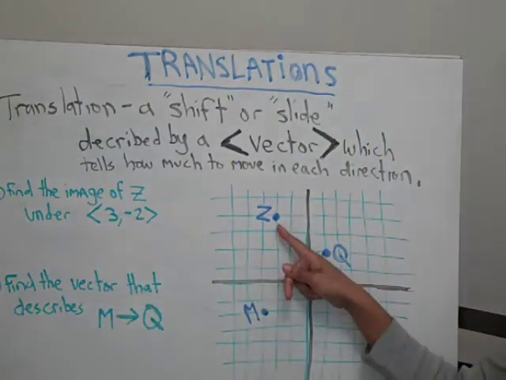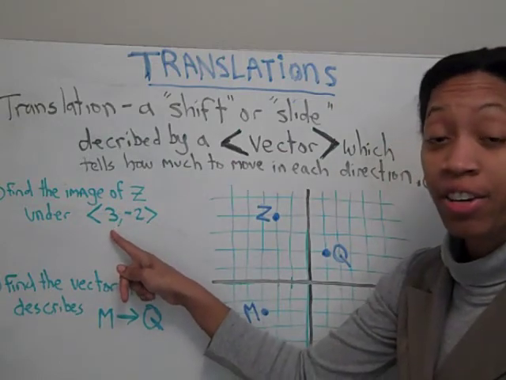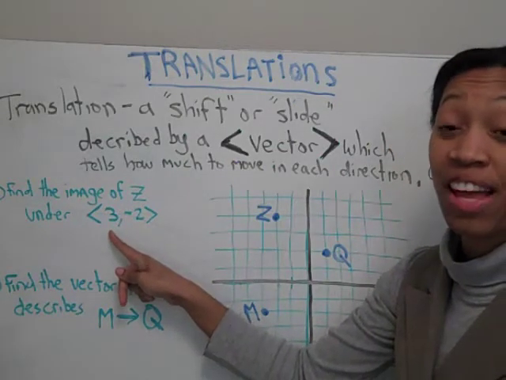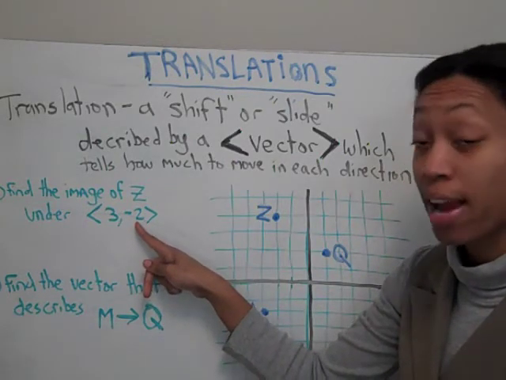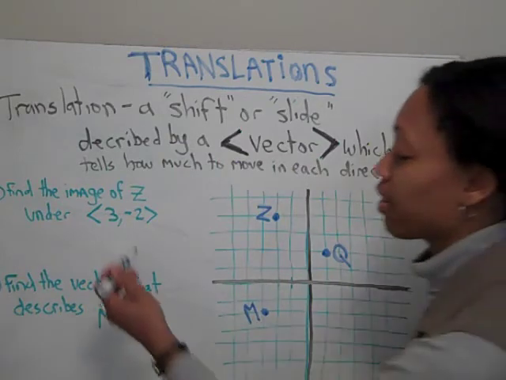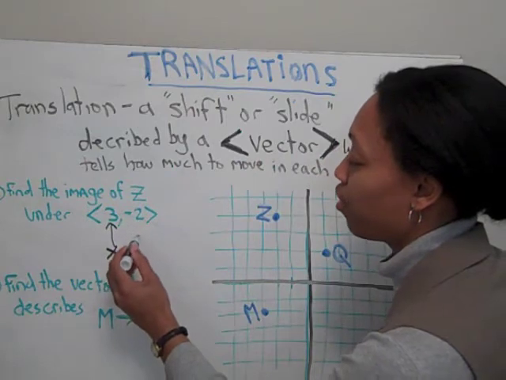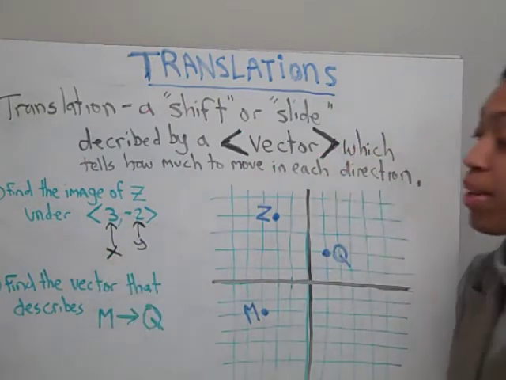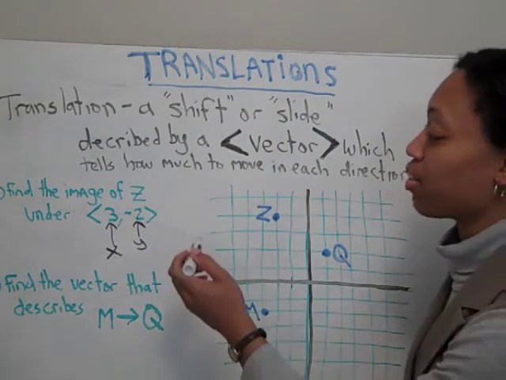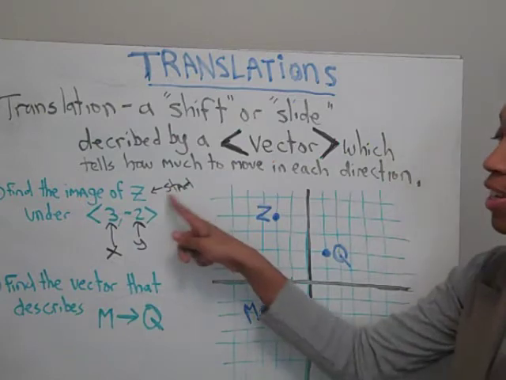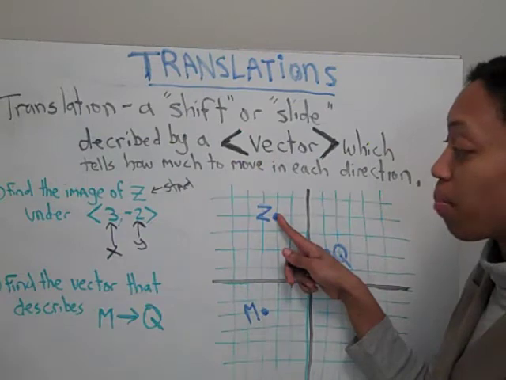Well, here's the point Z. This 3, the first number in the vector, tells me how much I should move in the X direction. And the -2 tells me how much I should move in the Y direction. So I'm going to start at Z. If I start at point Z and I move 3 in my X direction,